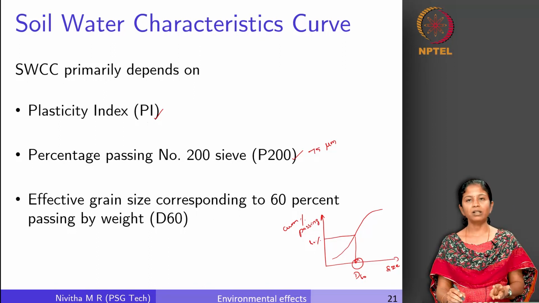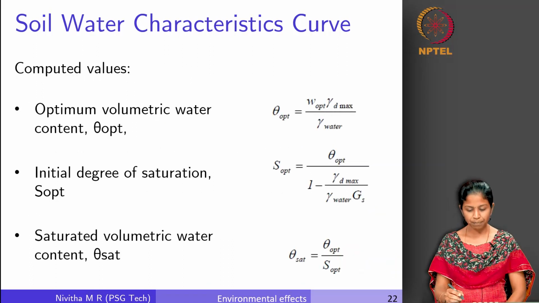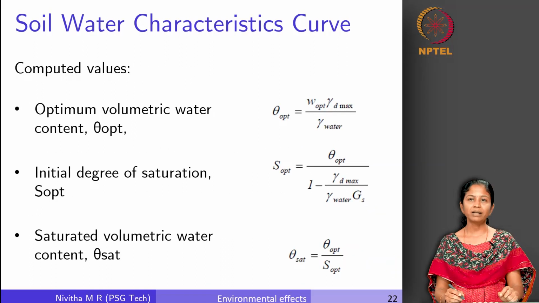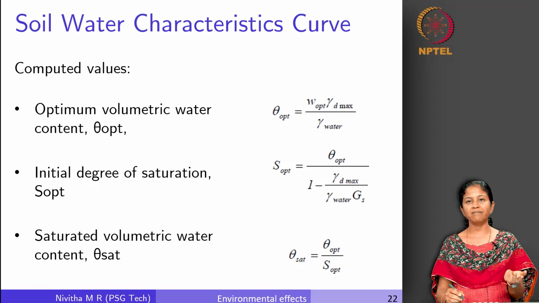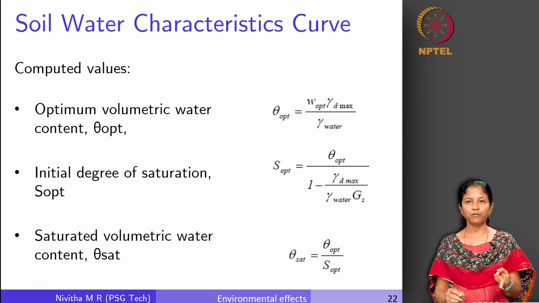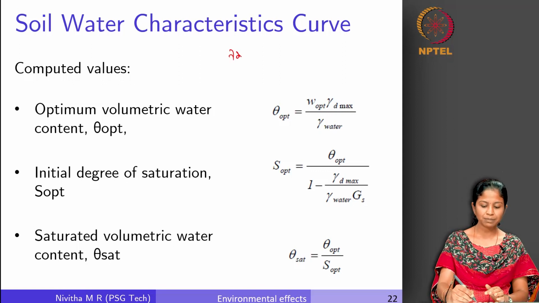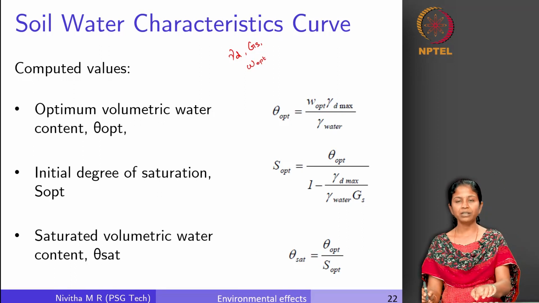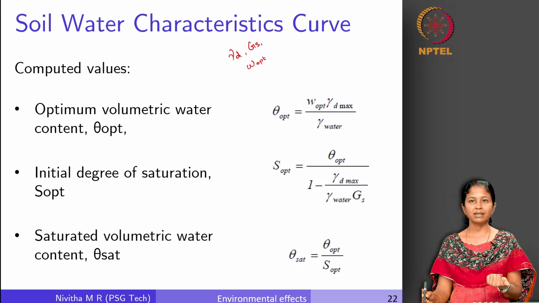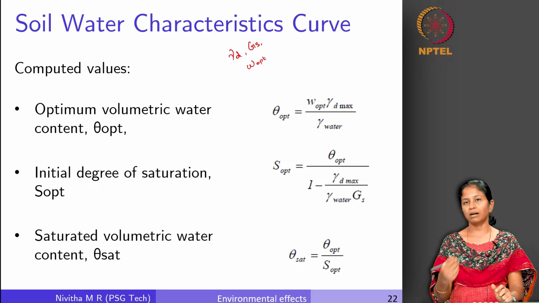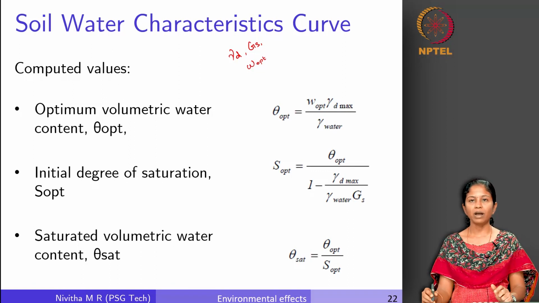So depending upon all these parameters, other parameters could be computed. So what are the computed parameters? Previously we said we need 3 other inputs for soil. For any soil characterization, we need the maximum dry density, specific gravity of soil and the optimum water content, right. In addition to these 3, if we know the plasticity index of the soil, if we know the percentage passing 75 micron sieve and if we know the D60 value, we can compute the parameters for a soil water characteristic